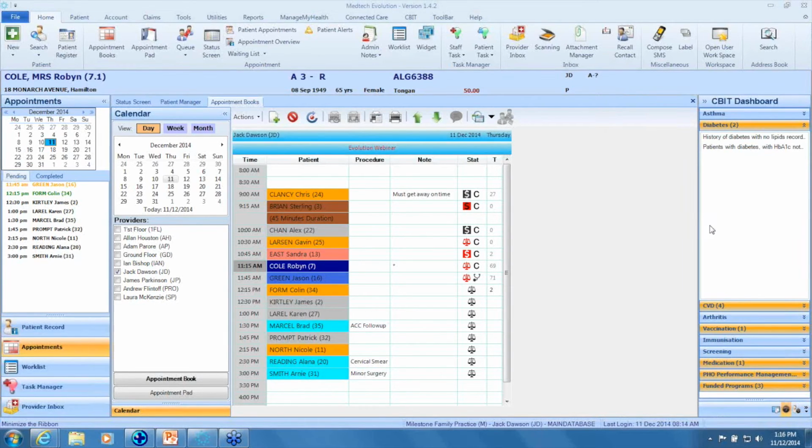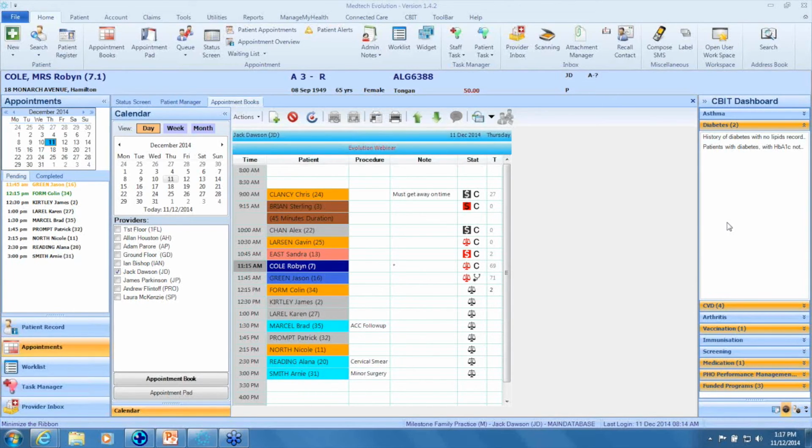Okay, so Seibert is actually delivering information to the clinician for the patient on the palette. So for Robin Cole, every night Seibert runs its queries, and we've got over 140 queries, and it delivers those insights to the dashboard for the use of the GP,